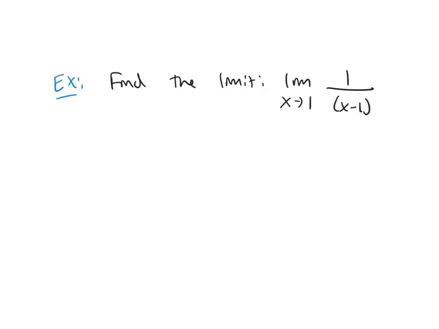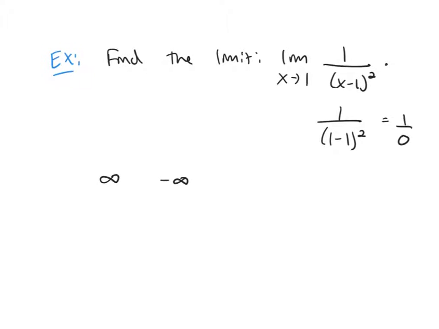So let's continue reviewing limits. Look at our first example in this video. Let's find the limit as x goes to 1 of 1 over (x minus 1) squared. Again, the first thing we always do is try to plug in the number. If I plug in 1, I get 1 over 0. Now this tells me that my answer is either going to be infinity or negative infinity, but we have to